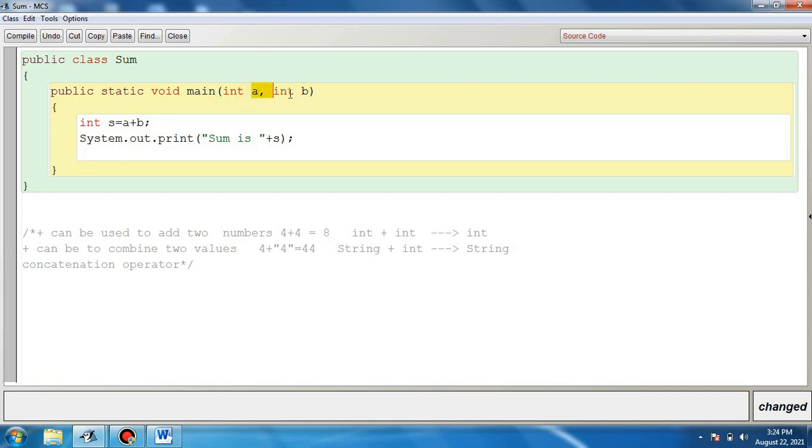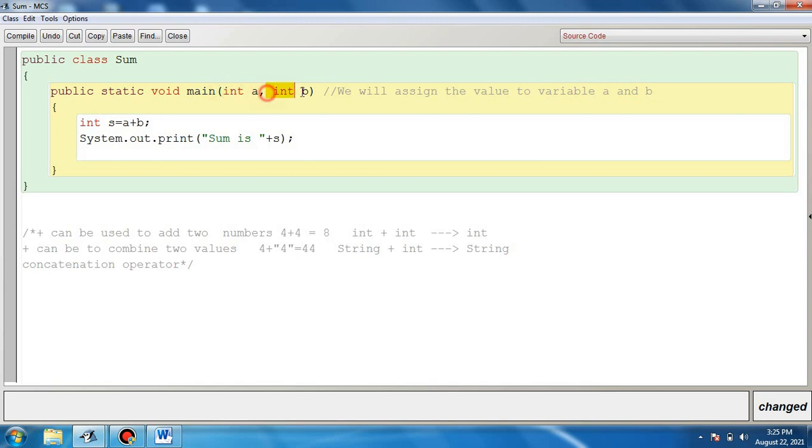We will assign the values to these variables, or we can say these variables a and b will get the values.